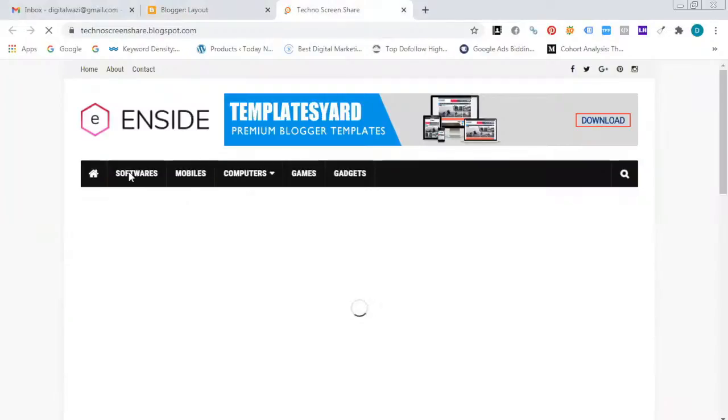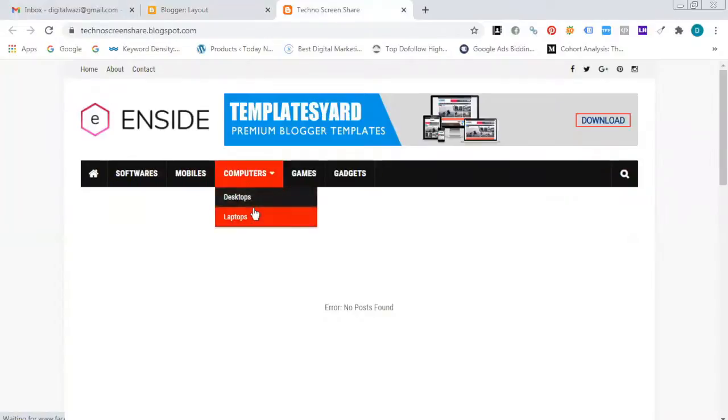See, these are the menus. What are the menus we created? It has shown like this. Desktop, laptops, like that. These are the submenus. For example, I want to create one more submenu in laptops. Like, how to create? For example, I want to add some brand wise. I want to add some brand wise.